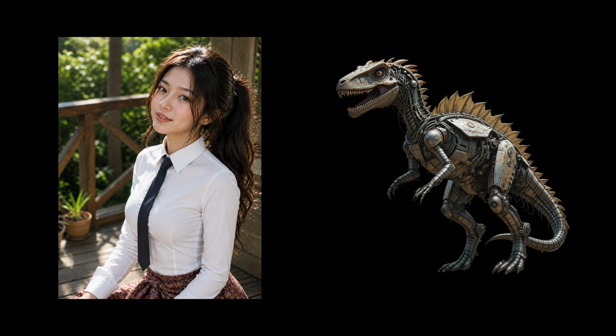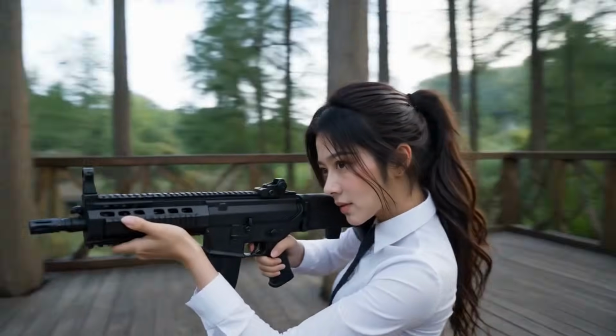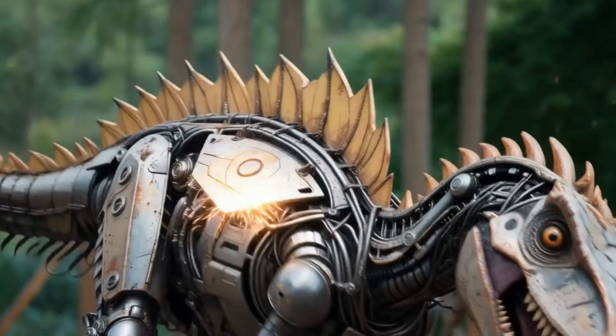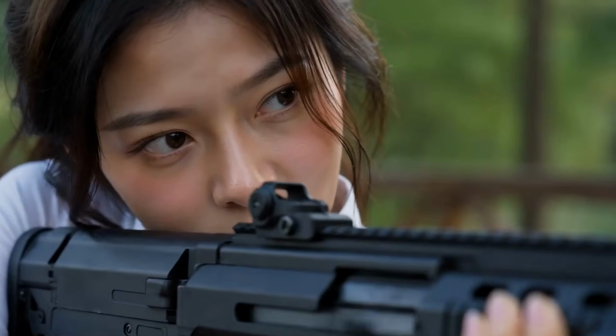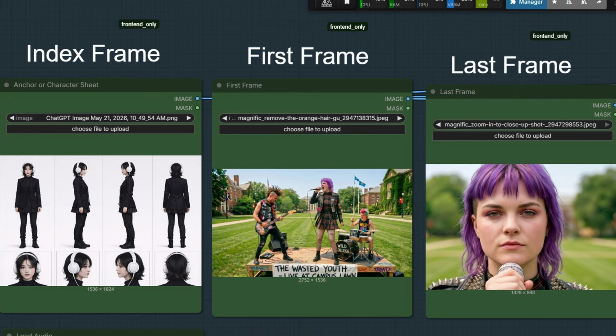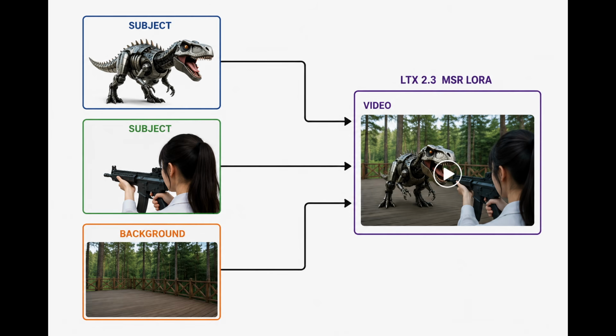In Seedance, you give reference images and a background, and it creates a cinematic scene from those images. LTX takes only a first frame as input, but there are some workarounds using hacks like character sheets and index frames. But today, I want to introduce you to a Seedance-like input image workflow that creates videos through a reference-to-video